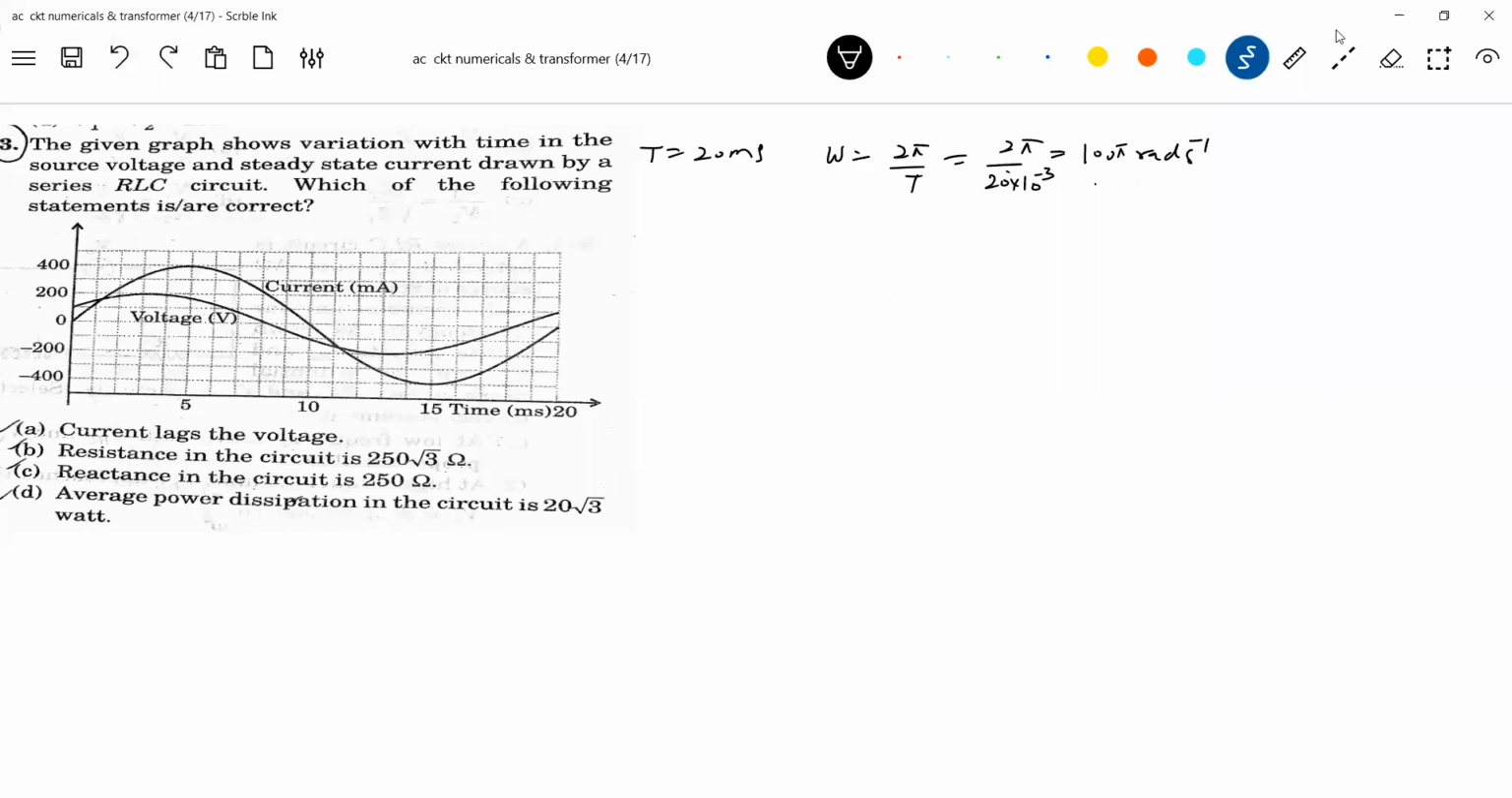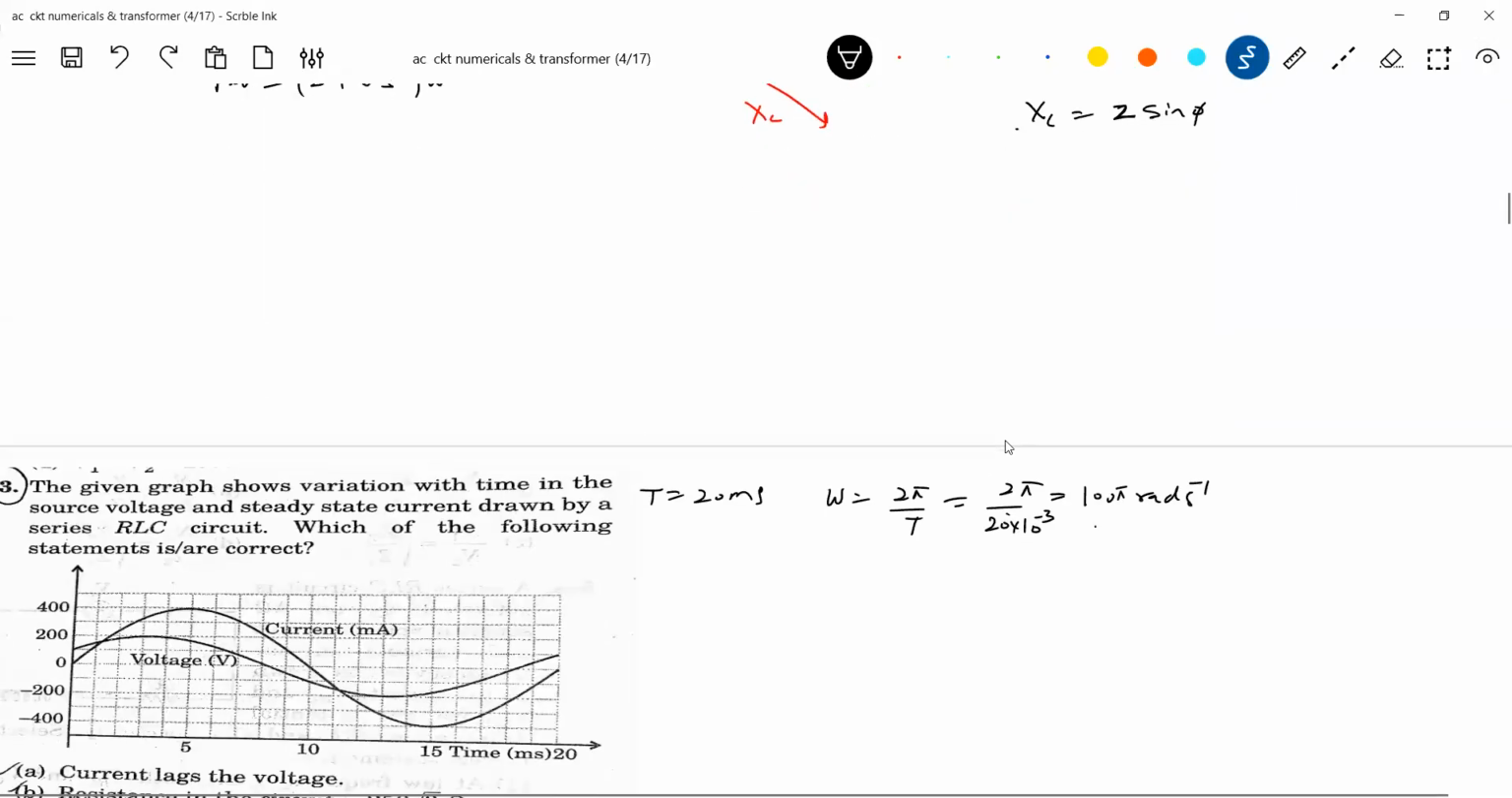Just some information, let me share. Then I'll come to this problem. Suppose you have